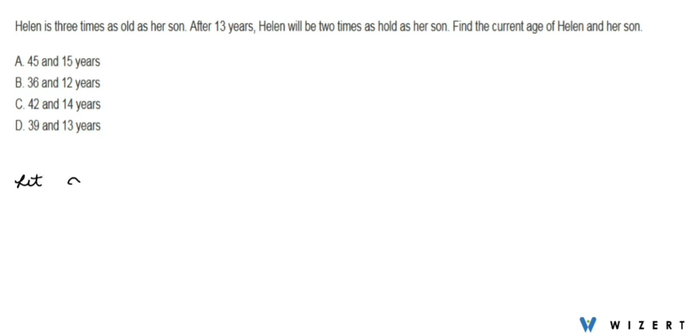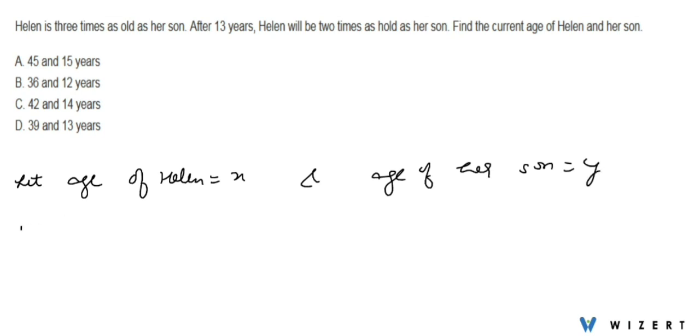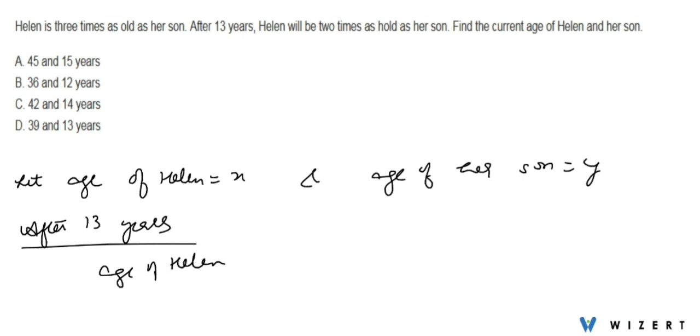So we'll assume that the current age of Helen is x and the age of her son is y. Now after 13 years, we can say that the age of Helen will become 13 plus x and the age of her son will become 13 plus y. Now according to the question,